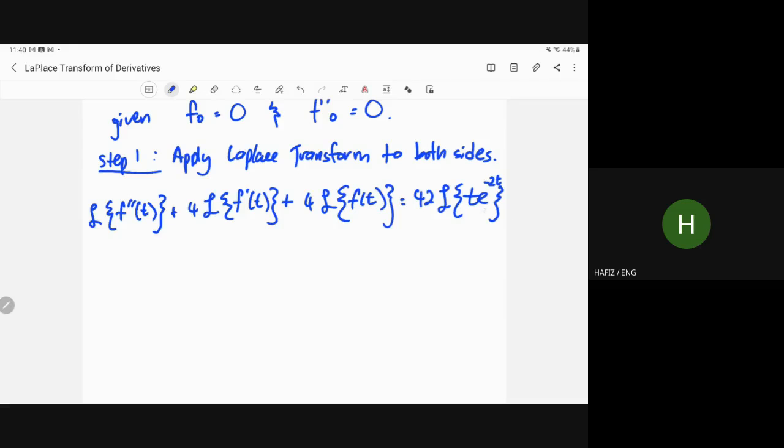This can be either a first shift one, or the longer one that we did before, where you use minus 1 to the power of n, d^n/ds^n. Remember that one? This time we will use the first shift because it's easier. So basically we write it back. This becomes s squared